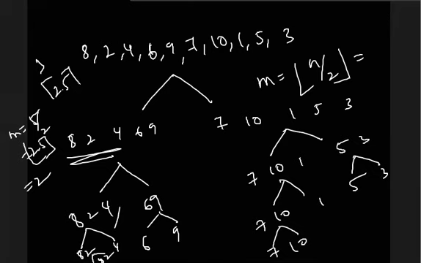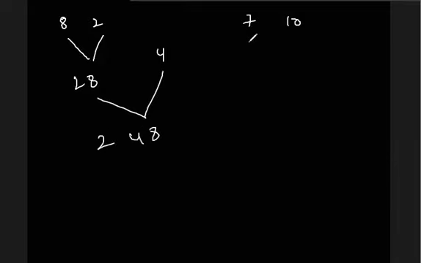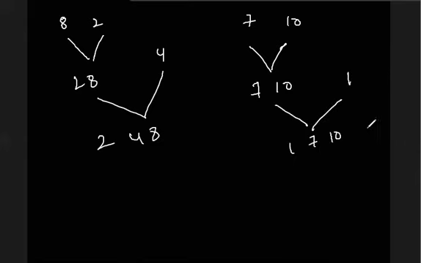Now at the end, when we are supposed to merge it, we have in this way 8, 2 and then we have 7, 10. Along with that, we have over here we divided 4. So when we are merging, we will merge it in such a way that it comes in increasing order. So 2, 8, then 4 is merged with this, so 2, 4, 8, and among 7, 10, we merge 7 and 10. Then it was supposed to be merged with 1, so 1, 7, 10. Then we had 5 and 3 separately over here, and over here we had 6 and 9 separately. So when we are supposed to merge 6 and 9 first,